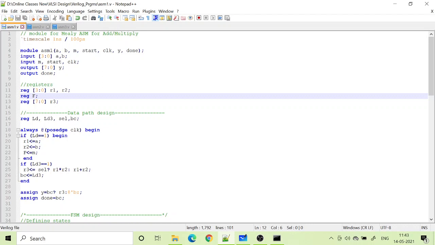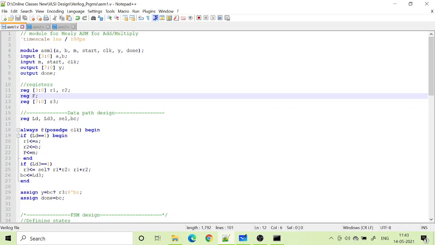So I require the control signal in the data path. The control signals are LD, LD3 and select input. Okay, so these are the control signal, and there is one more, BC, and BC control signal is for the tri-state buffer. If the content in Y has to be displayed at the output, then I need to have BC should be high.